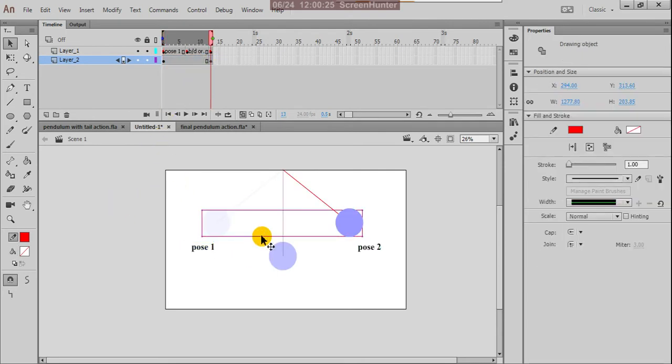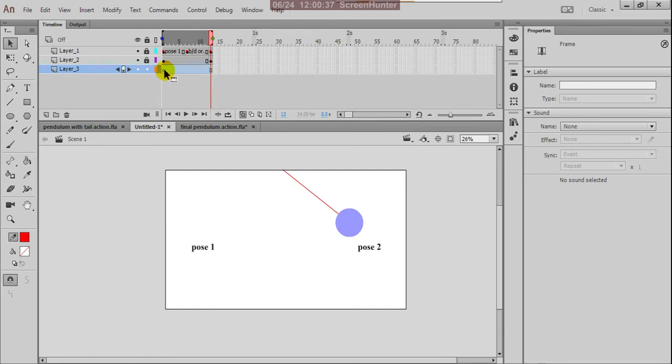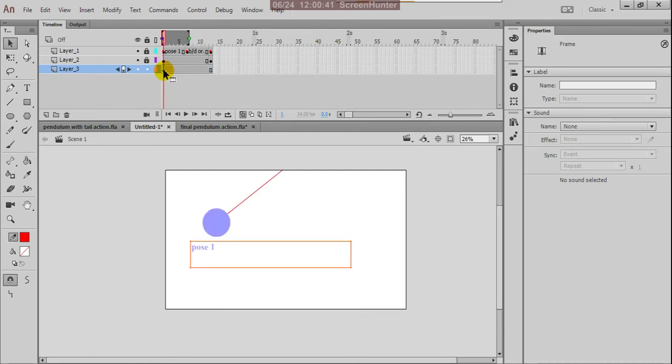Yes, this path, Control X and we paste in a separate layer. Control Z. Control Shift V, paste in place. Yes.